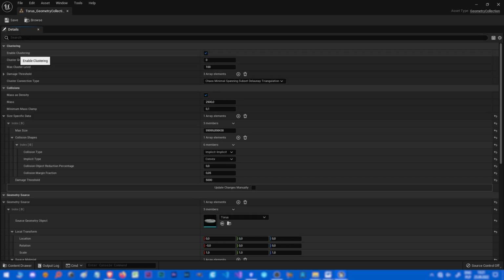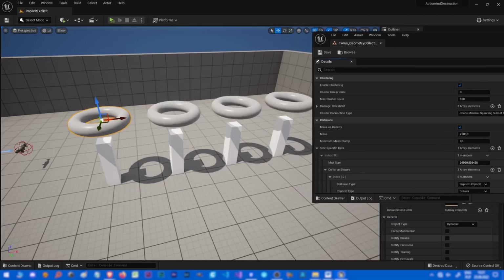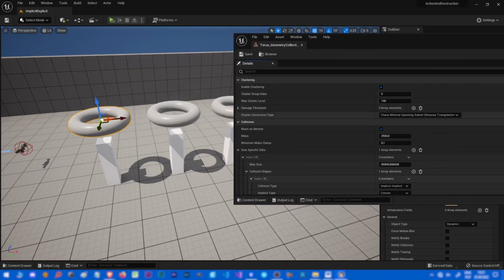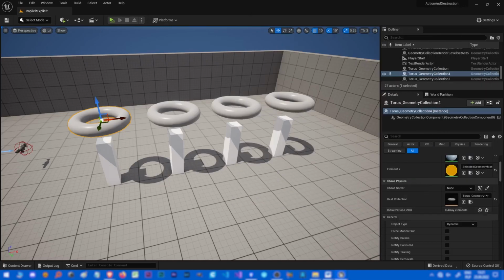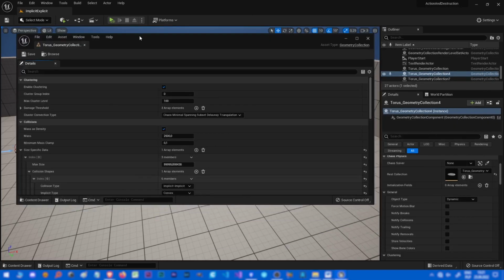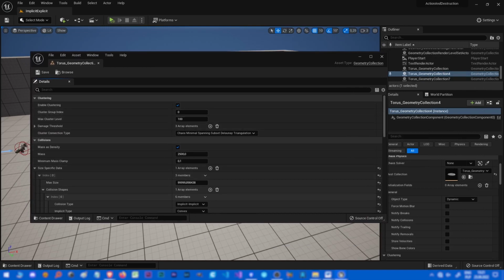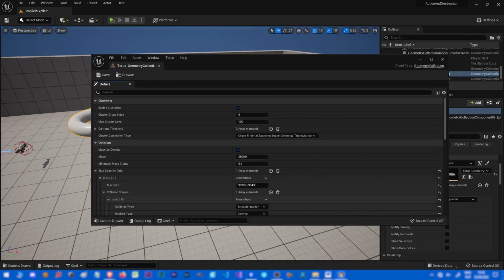And yeah, you have to know that some of the settings are shared and they work instantly on all instances of that geometry collection, but some of the settings are just defaults. They are also in here in the instance settings, and if you see the same settings, it just means that here it's default. When you put it into the scene, it's gonna have these settings from here, but it's not gonna change existing objects. So for example, here, let's disable clustering here. If we save it,